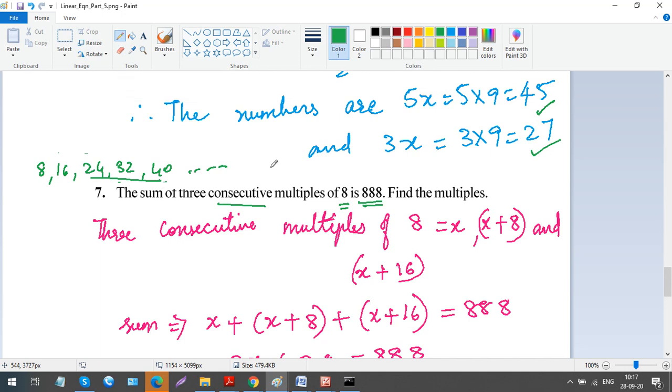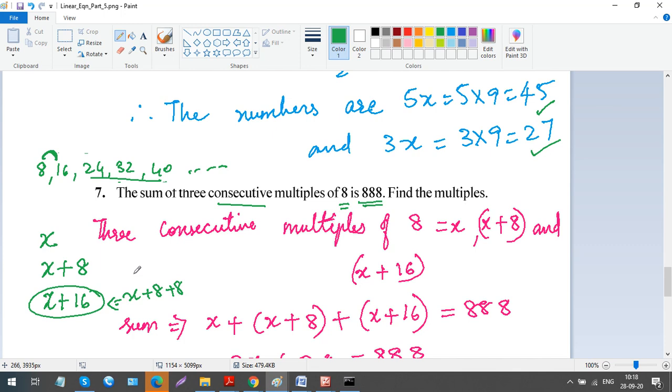So how do I do that? Okay. So if you see it carefully, if I take one of the multiples of 8, the first number to be x, the next number is x plus 8, no? I mean, the difference will always be 8 because it's multiples of 8. So the second number is going to be x plus 8. And the third number is going to be x plus 16, or 2 into 8, right? Correct? So x plus 8 and x plus 8 plus 8. That's how you will get the third number. x plus 8 plus 8. So that's x plus 16. Correct? So this is my consecutive multiples of 8.